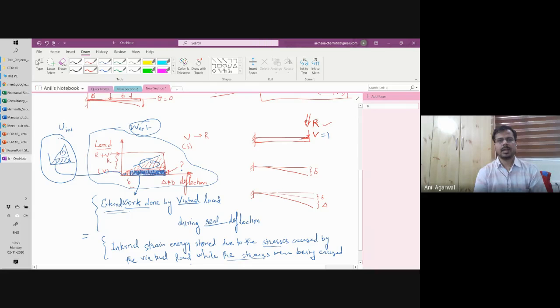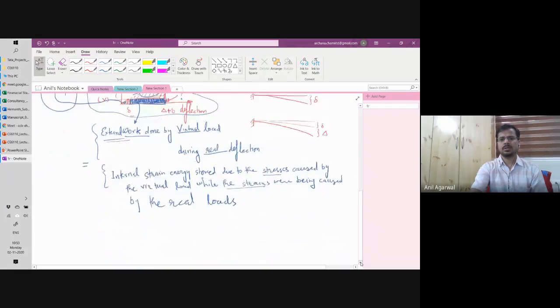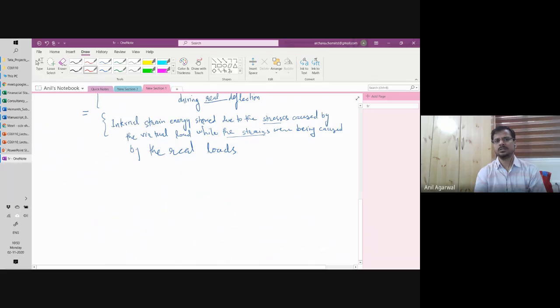However, for the calculation of strain energy, you have to do some subsequent calculations also, because if you look at the term here, it is saying strain energy stored due to the stresses caused by the virtual load, while the strains were being caused by the real load. So let's say I have a beam,